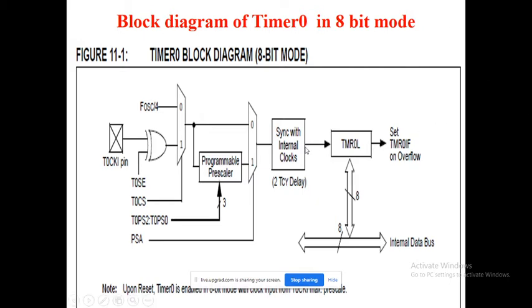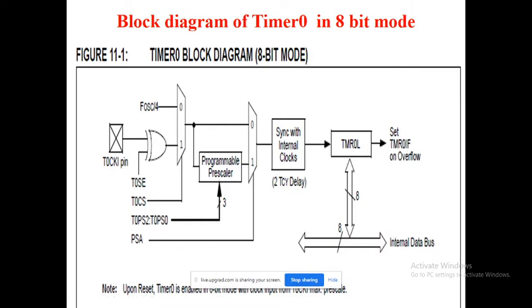Now the next one is synchronization. If you are interested, synchronize it. Then it passes to the timer section, and according to that, clock pulses reach the timer section. The timer continuously gets updated from the initial value, that is 00, to the maximum. Suppose it is 8-bit, 00 to FF, and if it is a 16-bit timer, it moves from 40 to 4F. When one more pulse comes, it overflows, which means the given time is over, and it interrupts the controller by setting a particular bit, that is the timer 0 interrupt flag.